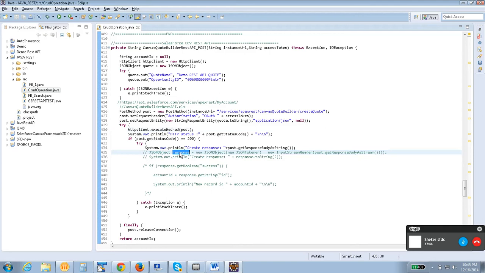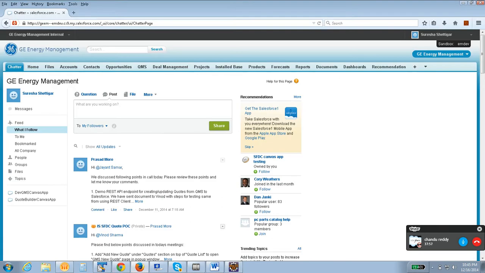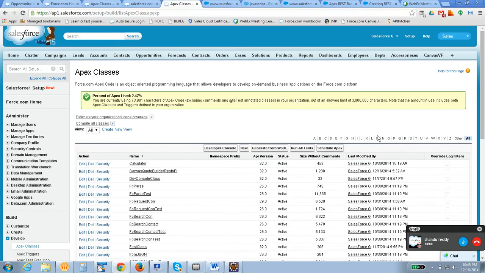So you can directly send a string. JSON is nothing but a string, right? So better you can send it as a string also. That is up to how you implement that particular thing. It's up to you. You can send a wrapper class or any JSON string. Yeah, can you go back to the Java code?